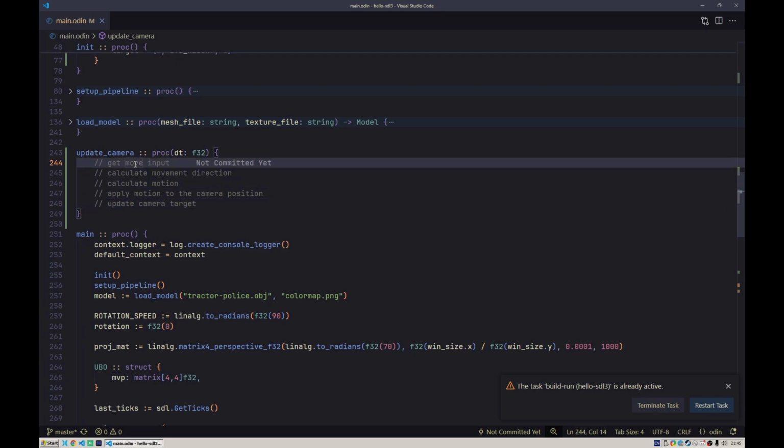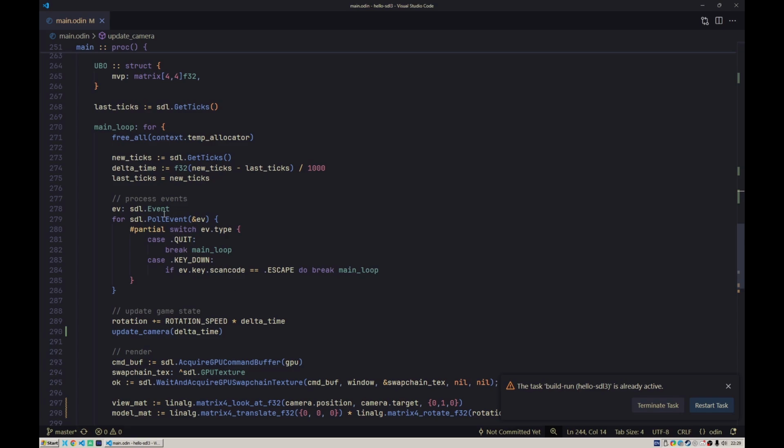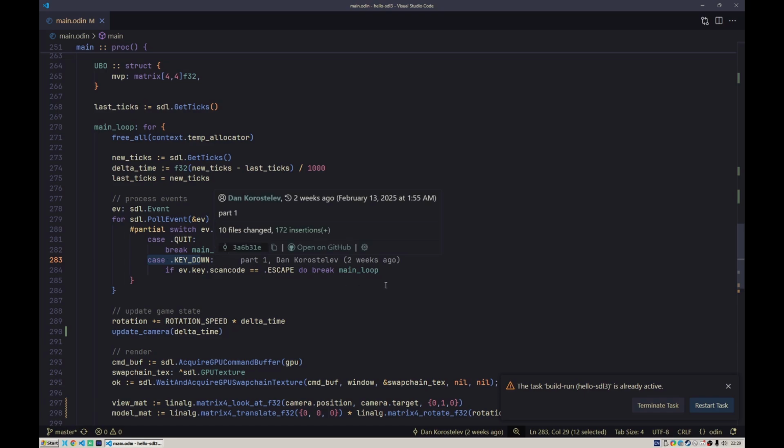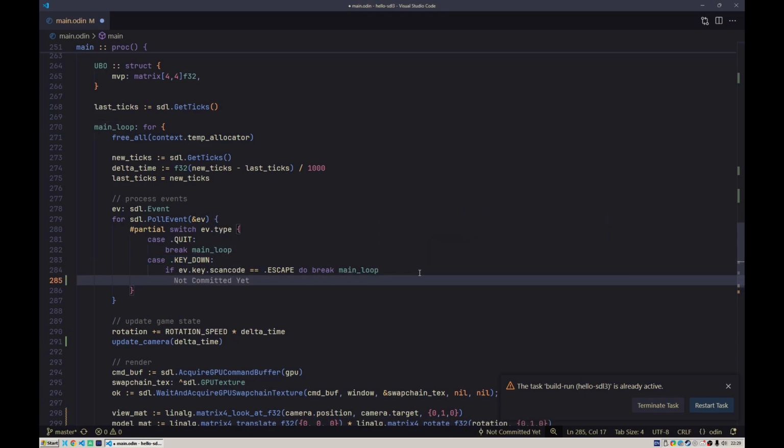So to get the move input, we will use the keyboard input, so like WASD. And later for the mouse look, we will also use the mouse, right? So how do we get the move input? If we take a look here at our poll event, we are actually already handling a key down event, right, for our escape. So we check if scan code is escape, then we just break the main loop and exit the program, right? But what we could also do in this event handler is record which key is down, and then we could also add the handler for the key up event to set that the key is not down